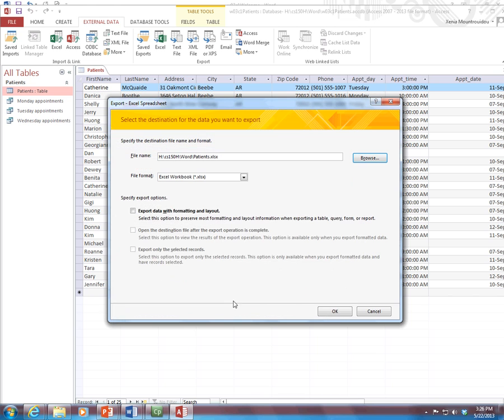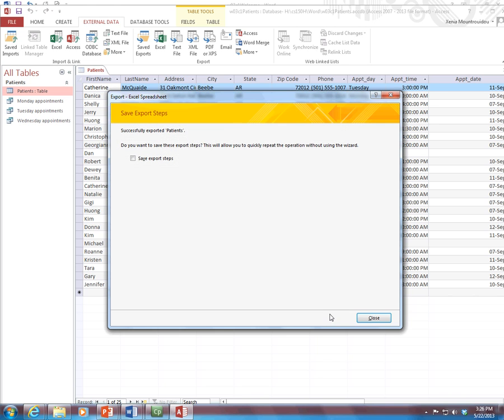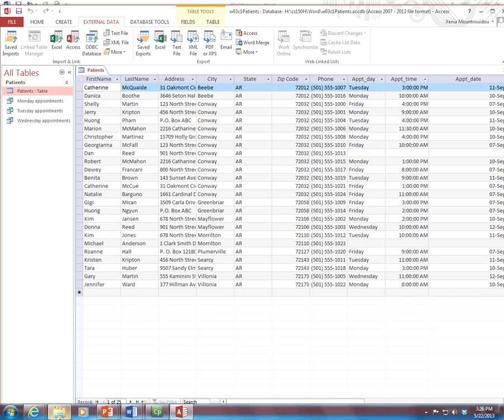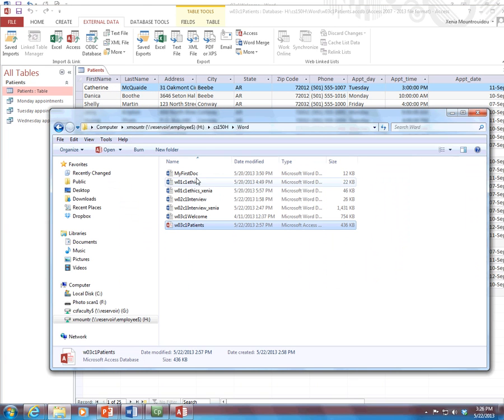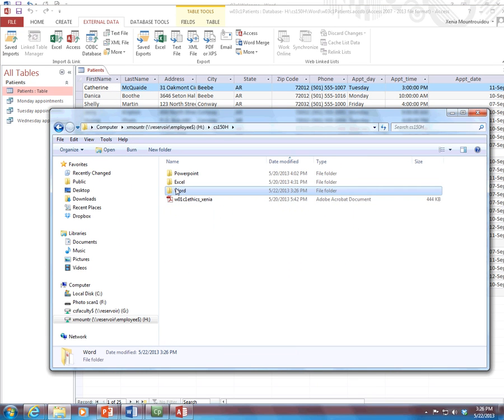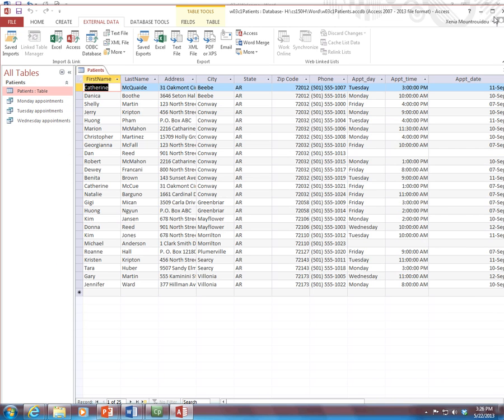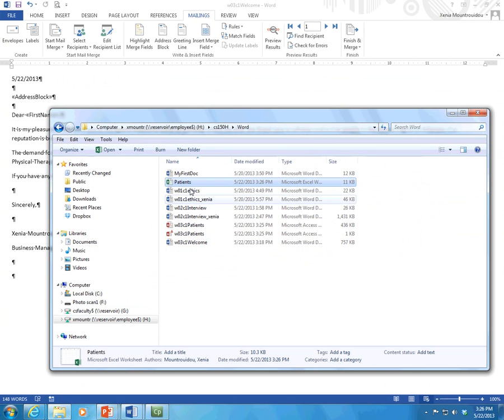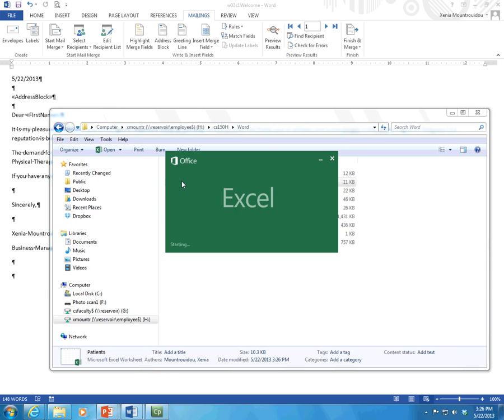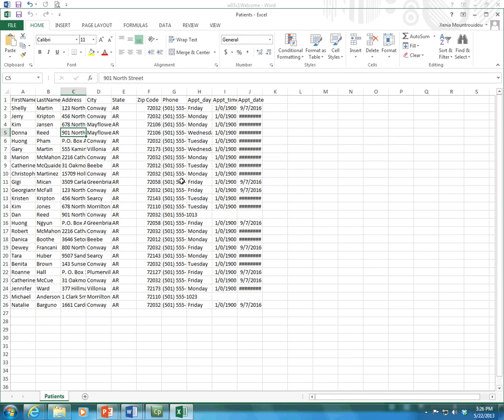and save, and then click OK. And we don't want to save the export steps, so we can go back and look if this worked. And yay, it worked. We have a patient's worksheet. So now we can get rid of the Access database and move on with our lives by using something simpler